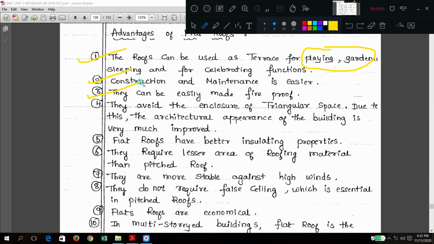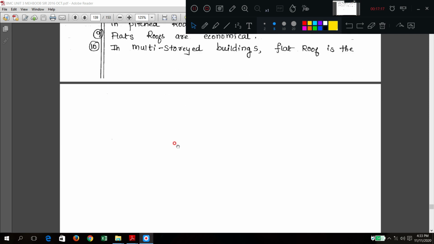It is fireproof. Triangle space is avoided. That much space is protected here. It has good insulating property, less roofing material. It is strong in high winds, okay. False ceiling work is not required and it is economical. Multi-story construction is possible here, okay. Those are some of the advantages,